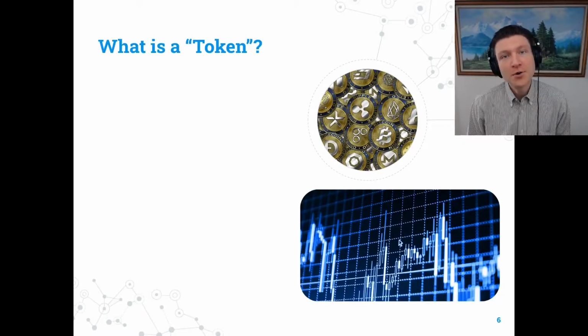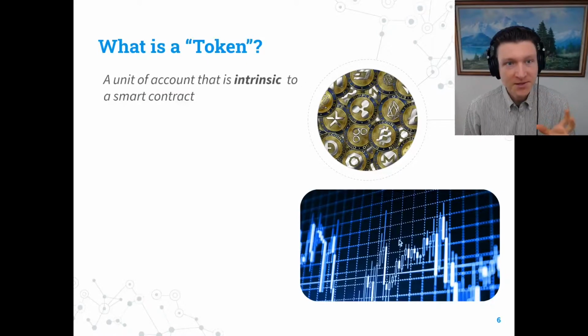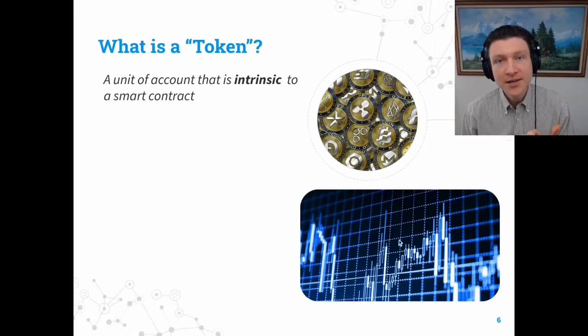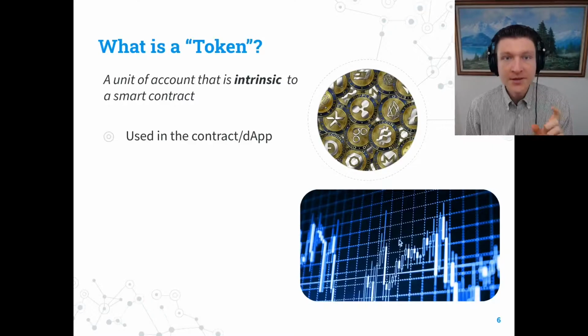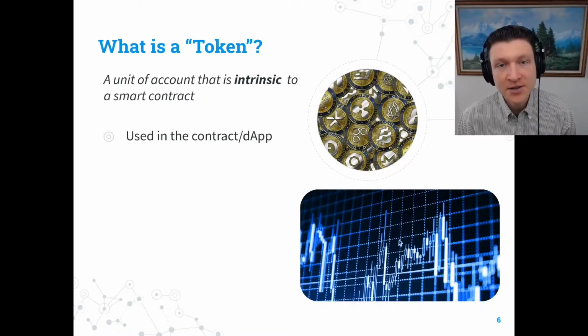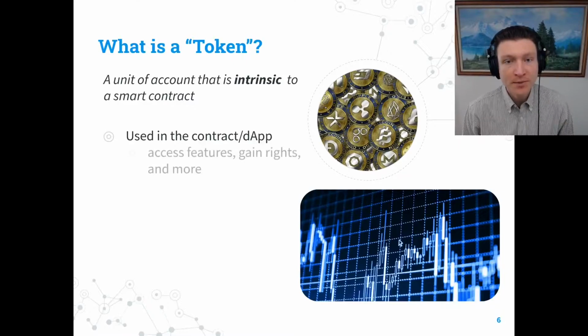So then what is a token, right? In the context of smart contracts specifically, this is a unit of account that is intrinsic to a smart contract. Typically on the Ethereum network that you'll see is an ERC20 standard, and this is a fungible token that we'll get into in a moment here that lives within the smart contract. In fact, this contract itself, that could be its only purpose, is to be an ERC20 standard compatible token, right? So, but typically these are used in the context of the contract itself, or as we'll find out, a DApp, decentralized application. So something that's more than just money, but potentially works with money.